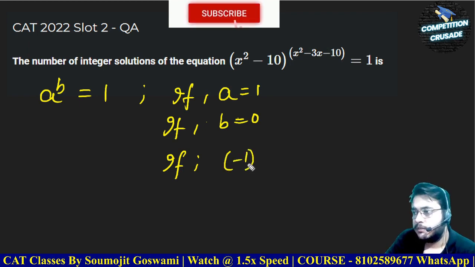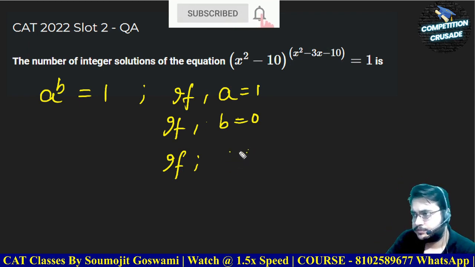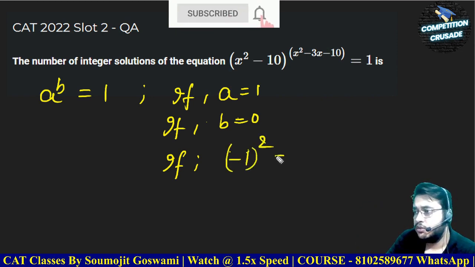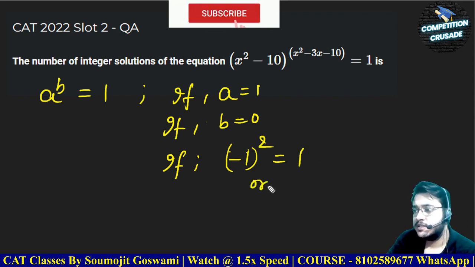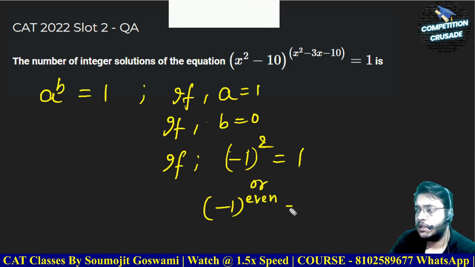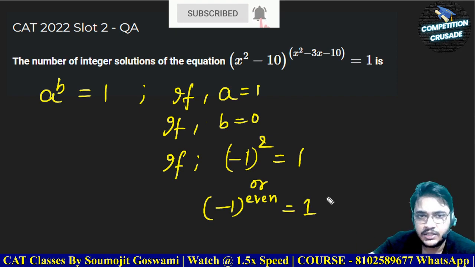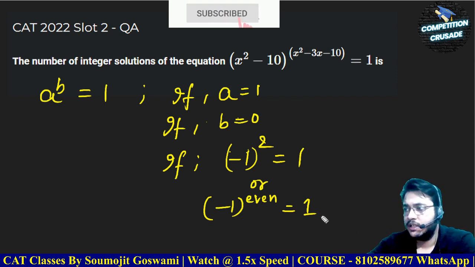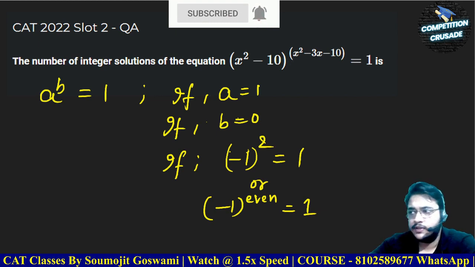Any negative number, or not exactly any negative number, negative 1 raised to the power 2 is 1. You can generalize this by saying negative 1 raised to an even number is always going to be 1. Okay, this is a generalization. So these three conditions we will use, and we will see what we can get out of it. So let's start with the first condition, that is